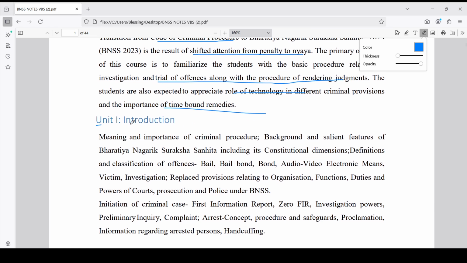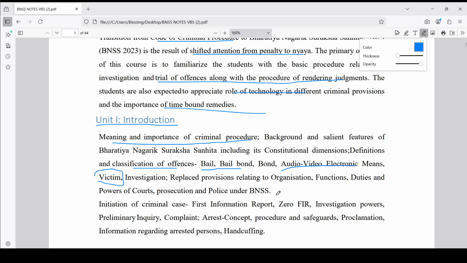Let's get into the first unit, that is introduction, meaning and importance of criminal procedure. Then comes the background and salient features of Bharatiya Nagarik Suraksha Sanhita, including its constitutional dimensions, and definitions and classifications of offences. Clear definitions are also given for bail, bail bond and bond, audio-video electronic means, and what a victim means, and investigation. It also covers replaced provisions related to the organization, functions, duties and powers of courts,